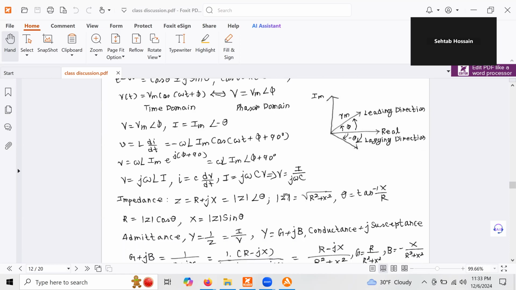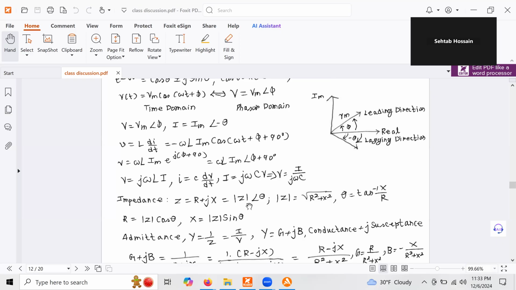So impedance. In a DC circuit, we have only resistance, but for an AC circuit, we have real resistance and imaginary resistance. Imaginary resistance comes from capacitors and inductors. If we apply DC, we will not get this imaginary resistance. But if we apply AC, we get this imaginary resistance, which is called reactance. And reactance is denoted as X. So impedance is the sum of real resistance and imaginary resistance, the sum of resistance and reactance. So it's